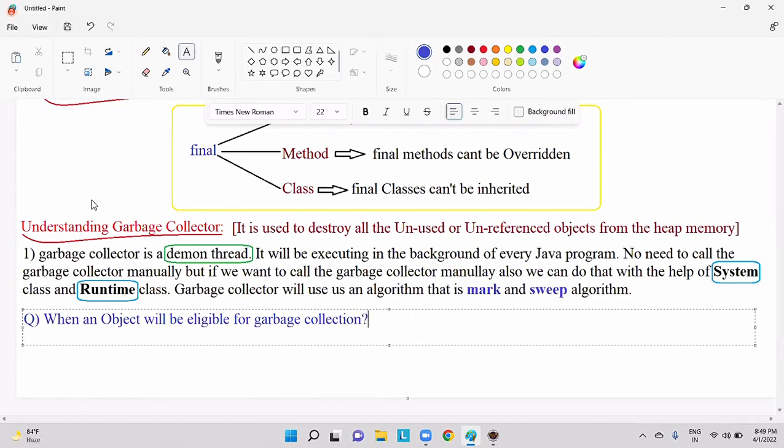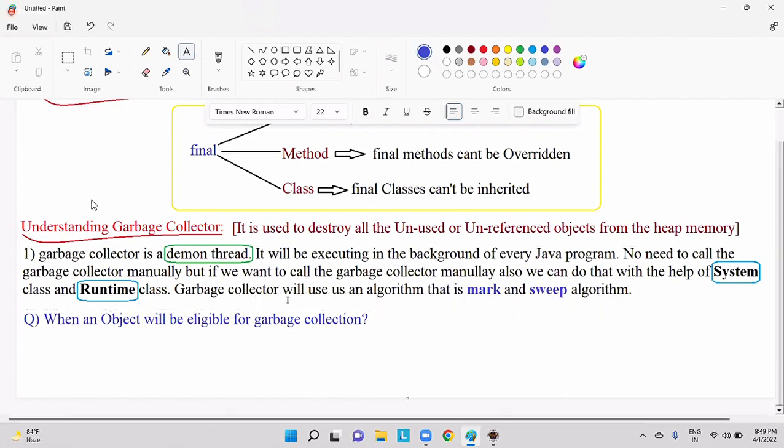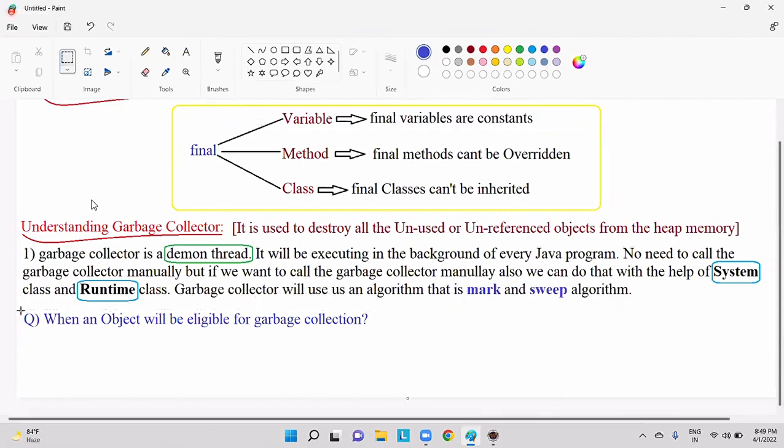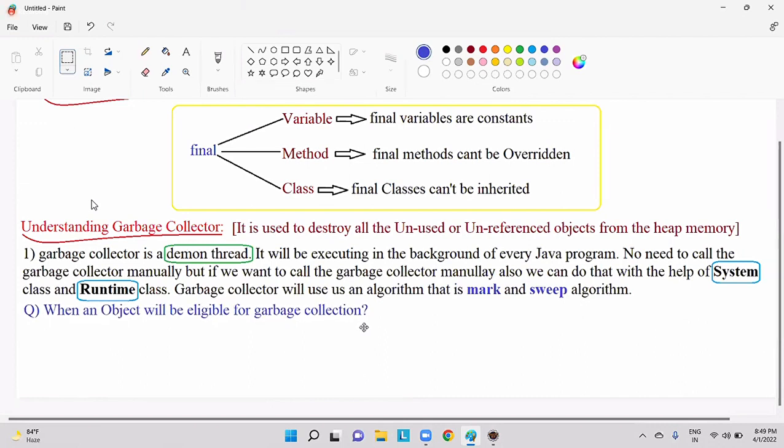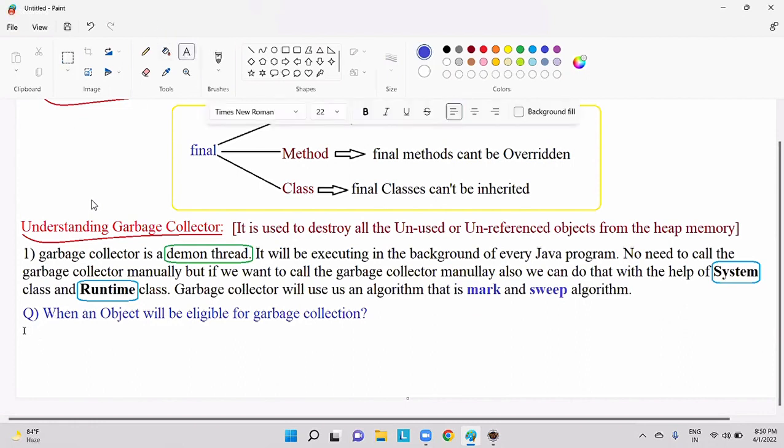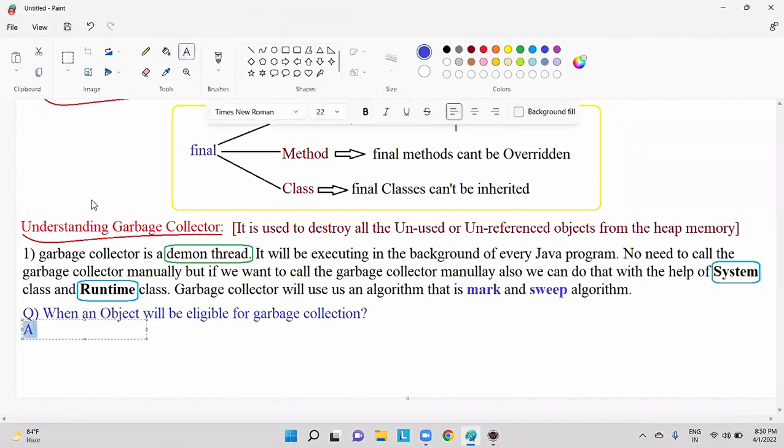This is also an important interview question, guys. An object will be eligible for garbage collection in any of the three below mentioned ways. One, two, three.